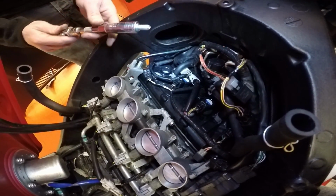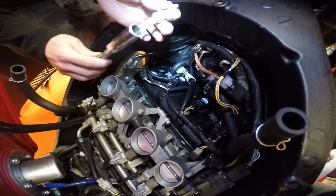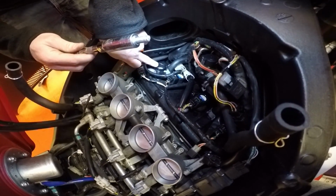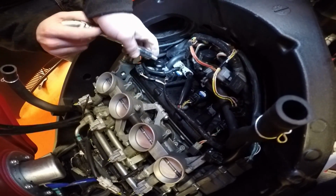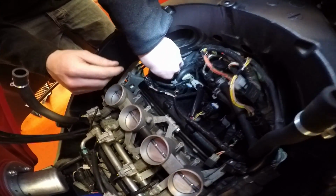Right, so when you're inserting your new spark plug, I recommend putting it in with your rubber inserted spark plug socket, because that saves you dropping your spark plug down in the hole. If you have to use a standard one, then well, you have to, but I prefer doing it this way. So put it down in the hole,